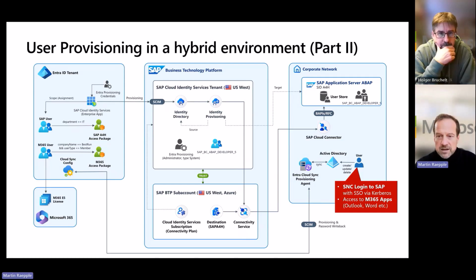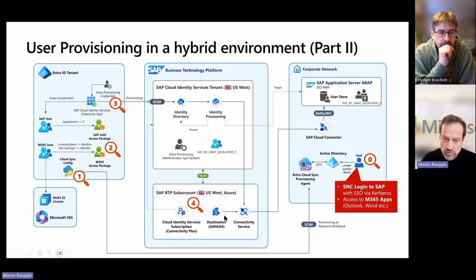And basically that's it. So we will start, as I said, with step 0: we will create the user, so that we have enough time that the user can traverse and travel through that provisioning scenario. Then we will take a look at the configuration on the Entra side, how the Entra provisioning agent is connected, take a look at the setup of the access packages, which are quite important here for this scenario, and the auto assignment. We will take a look at the Cloud Identity Services enterprise application and the configuration there.